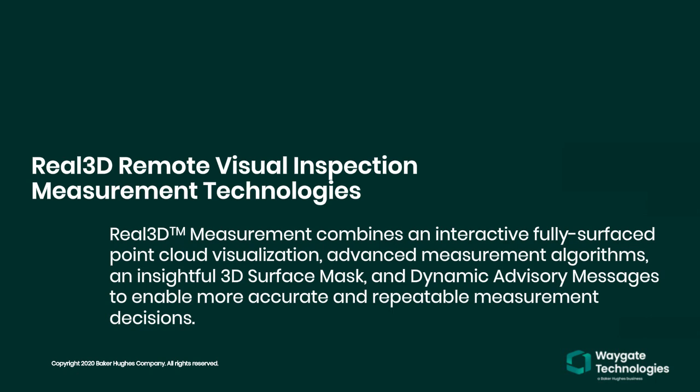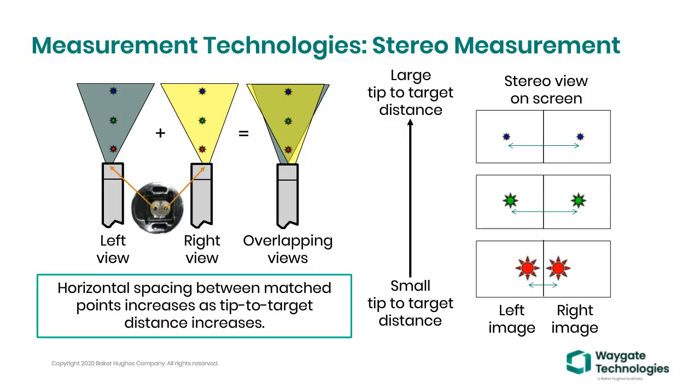To use any technology to your advantage, it often helps to have a fundamental understanding of what is going on so you can use that to your advantage. In stereo measurement, which has been around for decades and has been in video probes since the early 2000s, there is an optical tip adapter. You'll see that round cylindrical item in the middle that has a patented splitting prism that splits the image into a left view, that's the aperture on the left, and a right view, that's the aperture on the right. And those two views are overlaid on top of each other into an overlapping arrangement so that this